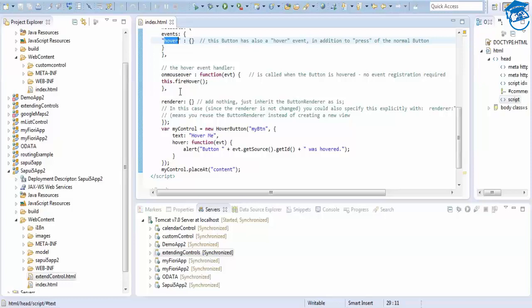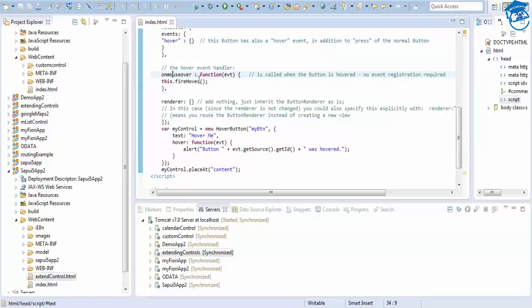So some jQuery or JavaScript things need to be included. This is a jQuery thing, on mouse over. On mouse over is a jQuery thing which already exists, so we have to use that standard thing. Our application needs to understand what you are doing if you are doing something with the mouse. How does the application identify that? The application identifies it with this keyword on mouse over, and then it fires this fire hover.